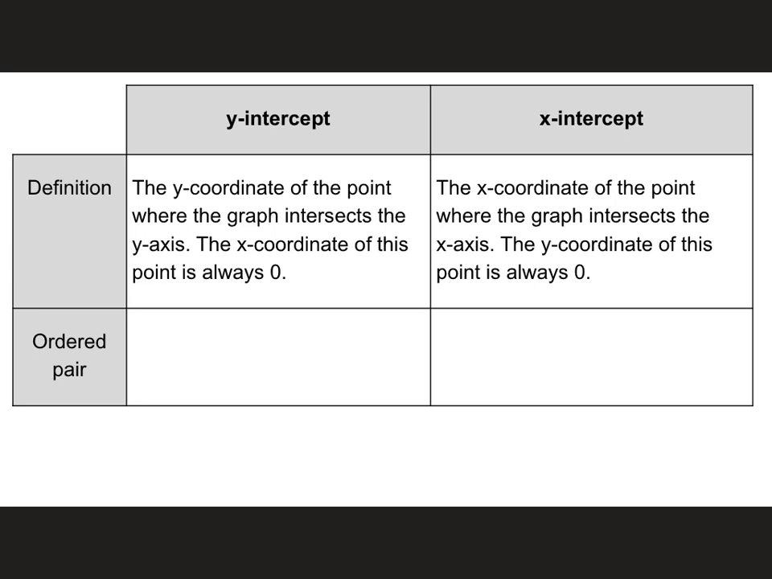So the first thing is the definition. The y-intercept is the y-coordinate of the point where the graph intersects the y-axis. The x-coordinate of this point is always 0. So where the graph of the line crosses the y-axis, that is considered the y-intercept. It's always going to be in the format of (0, y). That's because if you are on the y-axis, you wouldn't have moved left or right on x, and so x